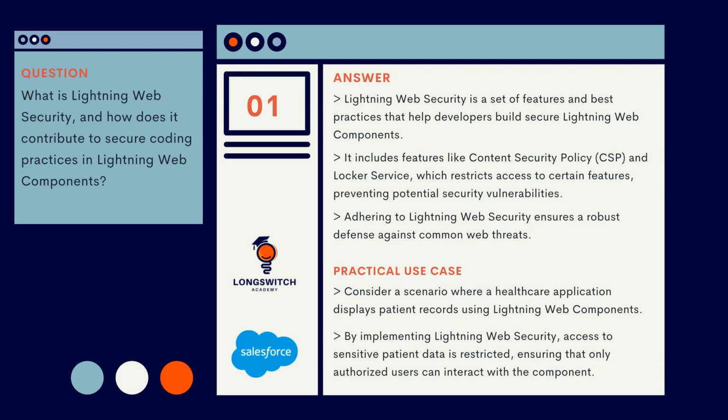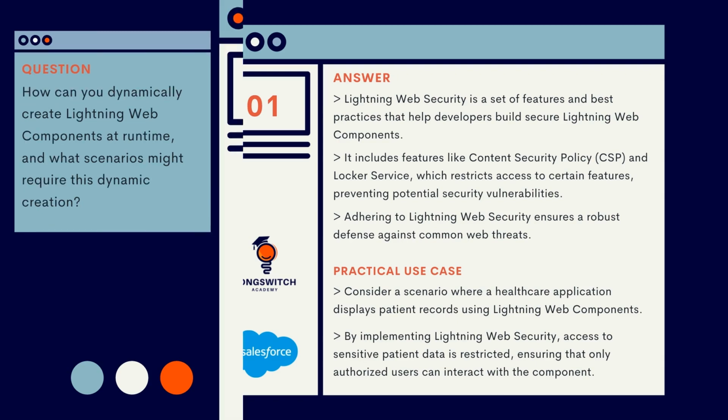It includes features like Content Security Policy, CSP, and Locker Service, which restricts access to certain features, preventing potential security vulnerabilities. Adhering to Lightning Web security ensures a robust defense against common web threats. If the interviewer asks about a practical use case, then you can use the following example. Consider a scenario where a healthcare application displays patient records using Lightning Web components. By implementing Lightning Web security, access to sensitive patient data is restricted, ensuring that only authorized users can interact with